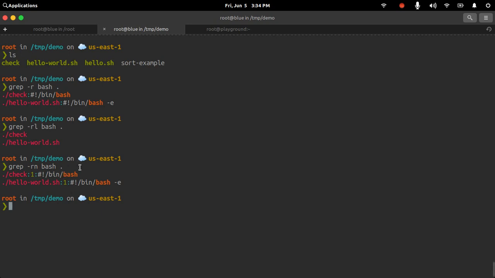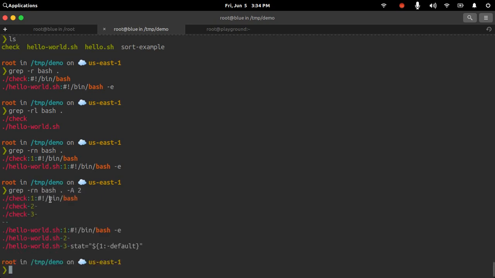So if bash is present on different lines within the file, then it will also print them with the line numbers, and anything before and after the match string will also get printed. So if I print 2 lines after the match string, then it is also printing me the next 2 lines.